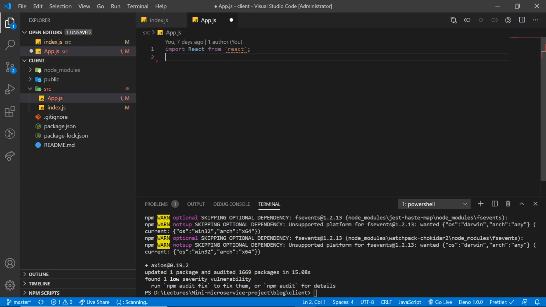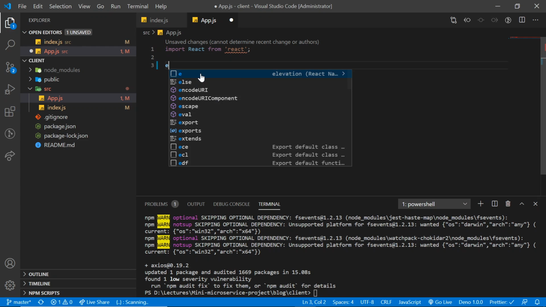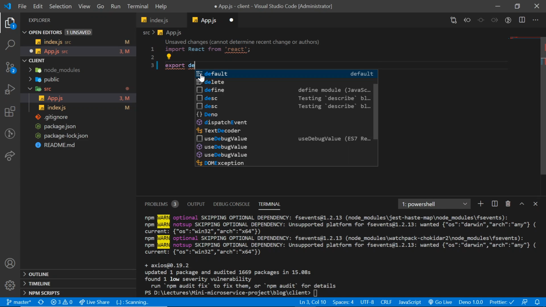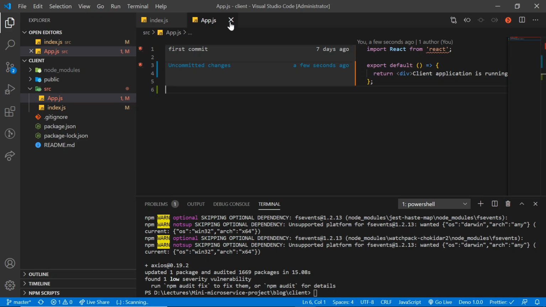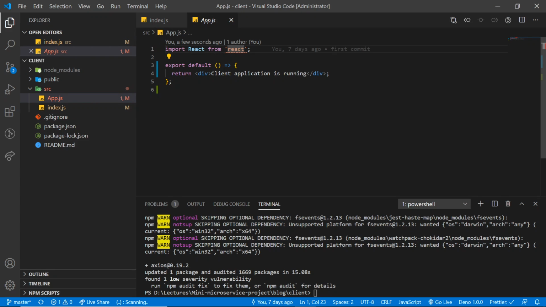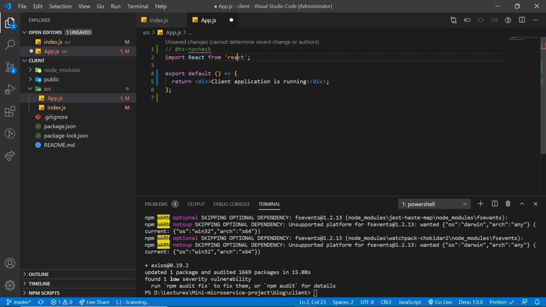And for now, I am going to return a div with some sample text. Okay, let's save the changes. And in order to remove this warning, I am just going to disable checking.